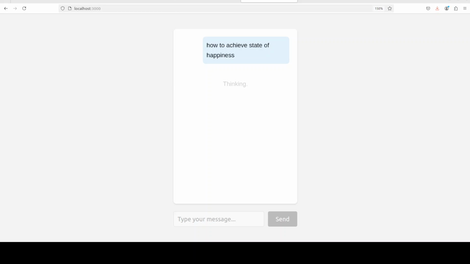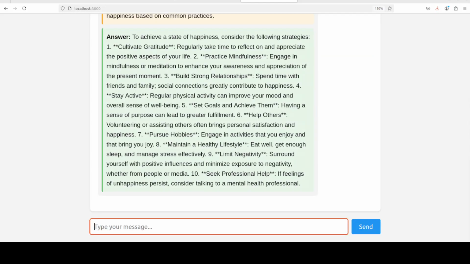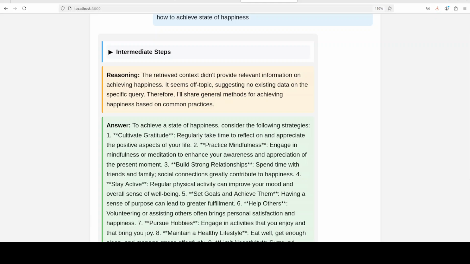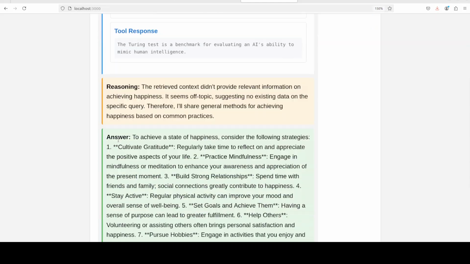Now it is thinking just like the agents do. So what it is doing is it is just retrieving the context using embeddings and cosine similarity, and then step by step reasoning with chain of thought is being done here. There you go. And then if you have any function calling, it is going to do that. So if I just scroll up, these are the intermediate steps. If I open it, it is doing this function call where it is retrieving the context, that how to achieve state of happiness. This is a tool response, this is the reasoning which it has done, and